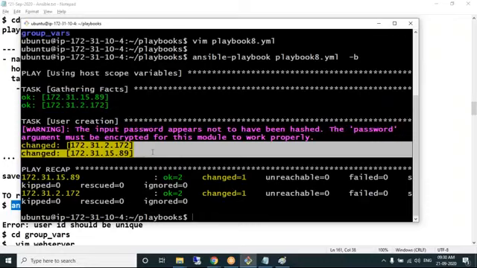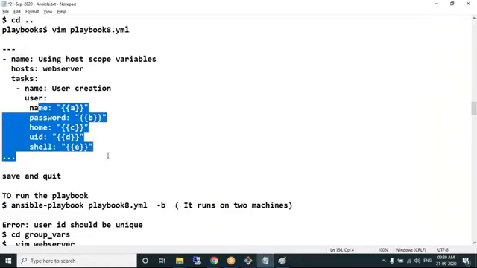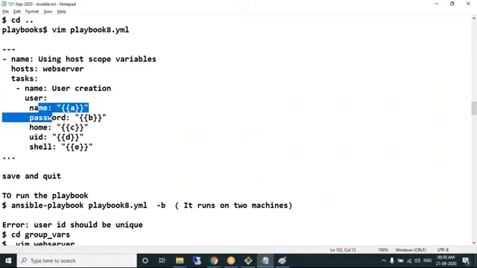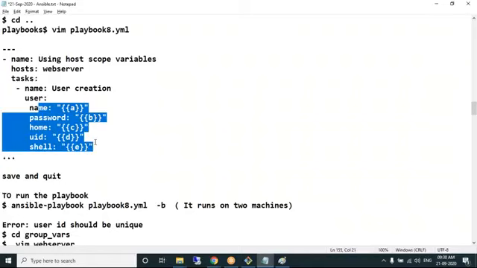Not only that, if a playbook is having variables, we used to pass the values using the extra-vars option, but we are not doing it here, isn't it? It picks up the values which are there in the file. We have created a file that is having variables and values. That file will be mapped automatically and it picks up the values for the variables from that particular file. Clear about this? Any questions in understanding the concept of playbooks?